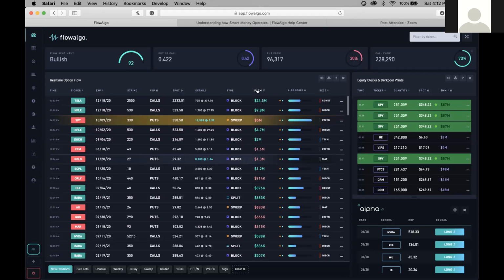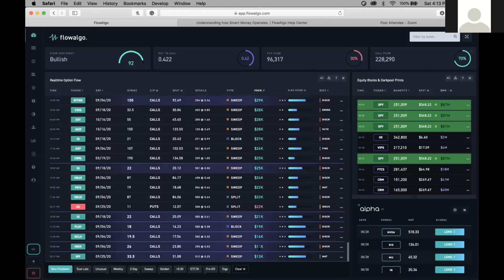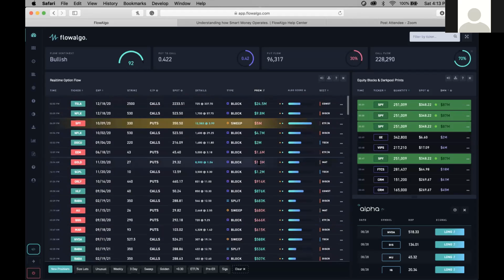Yeah, so what I'll do is sort by the premium, because I want to look at this first. I don't want to see anything that's in the 20s and all down here, because usually what I see at that size, it could really be anybody. You don't really know who's going to be placing these type of orders. It's just a lot of noise. So for me, what I like to look at is the premium, right? So you have Tesla for 24 million, Netflix for 9 million.